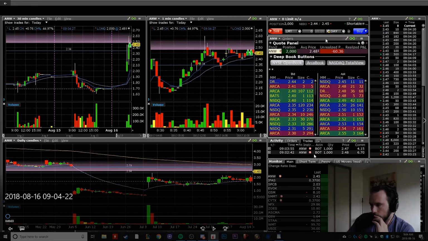So, look, I took 2,000 shares here for the breakout, kind of. It wasn't really a wedge. It was more of a flat top breakout. So there's a line here that we are trying to break through. We have some big bids. So this would be my stop.